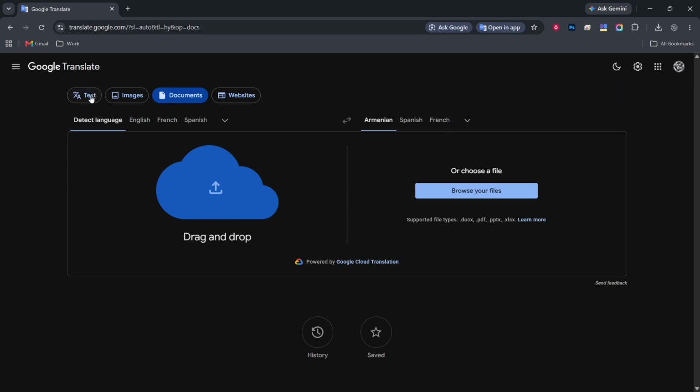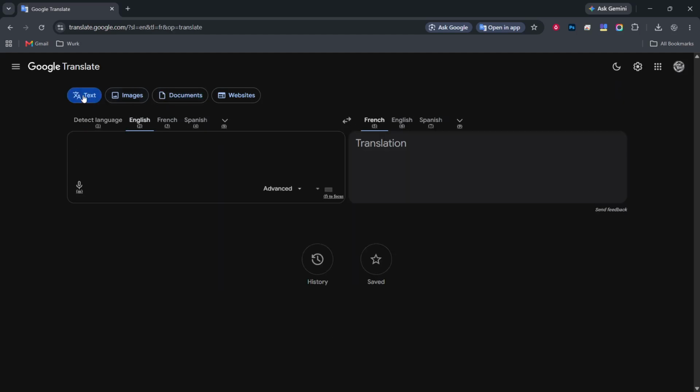Now click the left text box. This is the box under the source language you chose or under Detect Language. When you click inside, you should see a blinking cursor appear. That blinking cursor tells you the box is active and ready for typing. If the cursor shows in the right box instead, just click back into the left box before you continue.